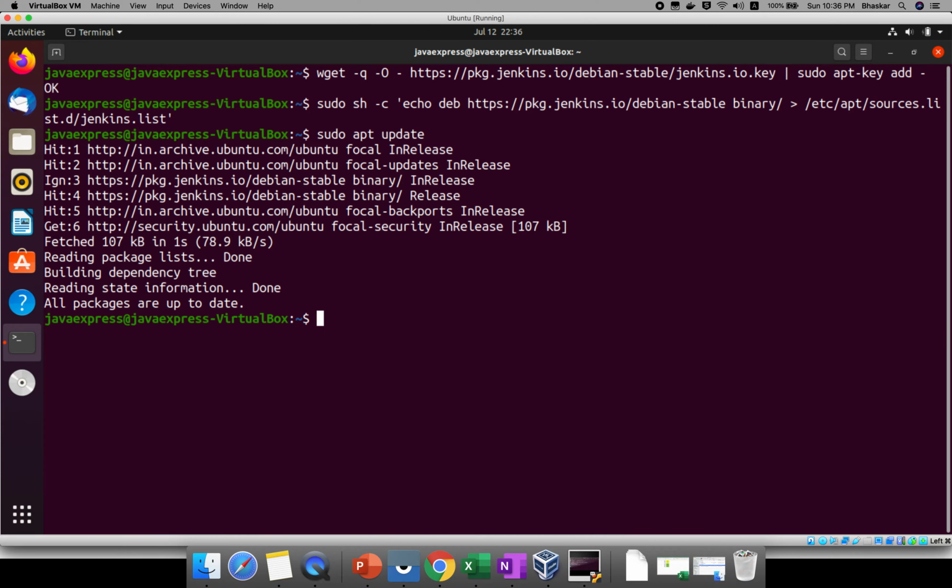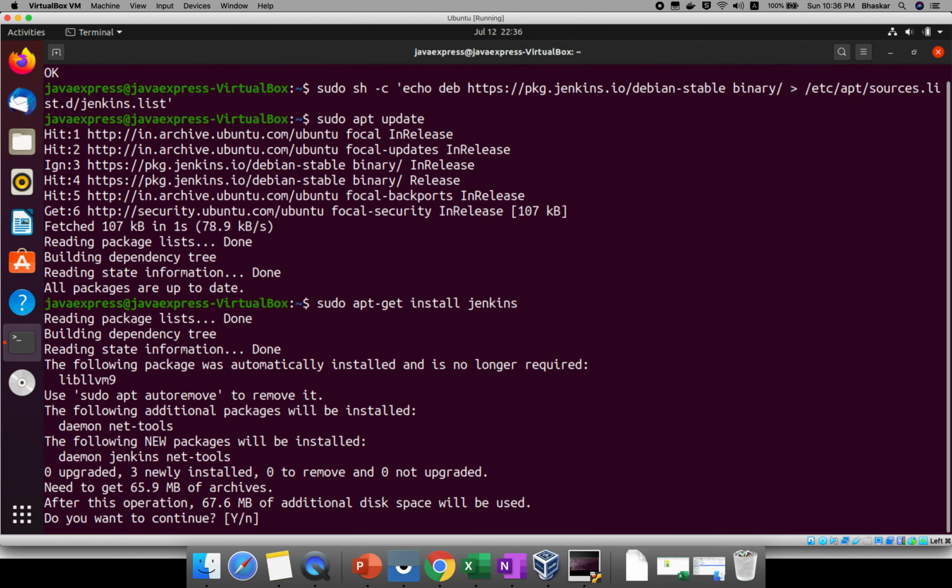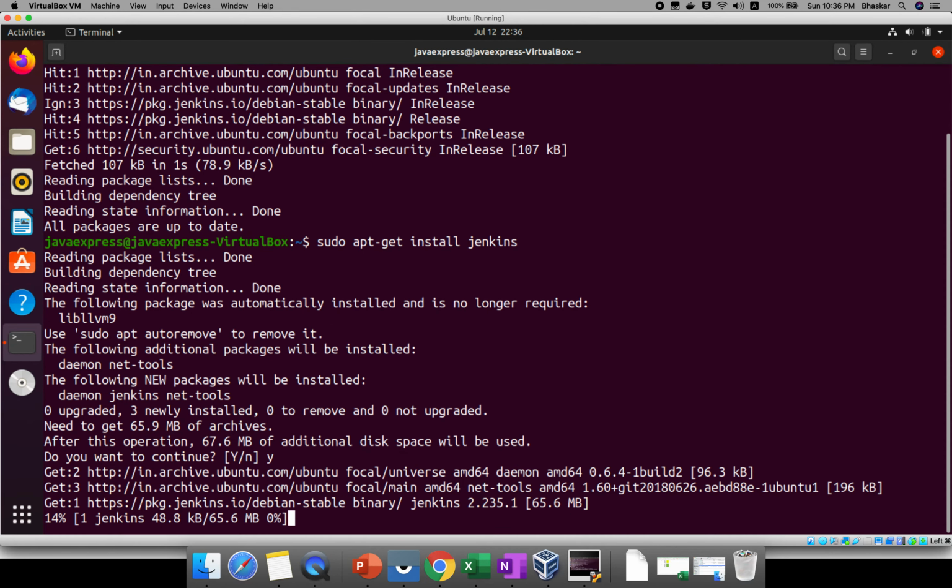Once this step is done, now is the time to install your Jenkins: sudo apt-get install jenkins. Now it will ask yes or no, give yes, and it will install the required packages in your system. Once this step is completed, you can start your Jenkins. It is taking some time.